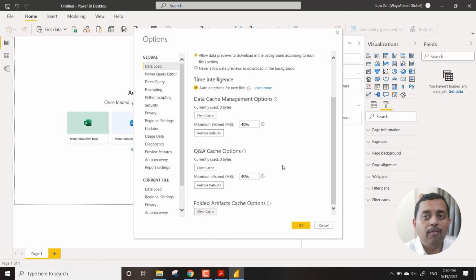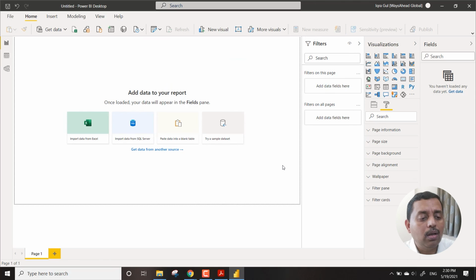So you now have an understanding of how Power BI as a tool can be utilized to harness the power of data and data in different sources. Okay, so that's it from this part of module 3.